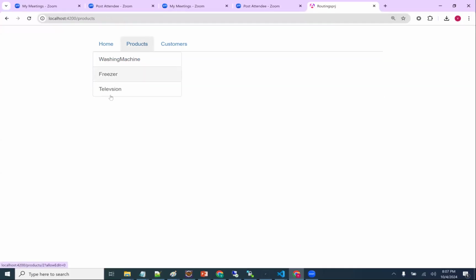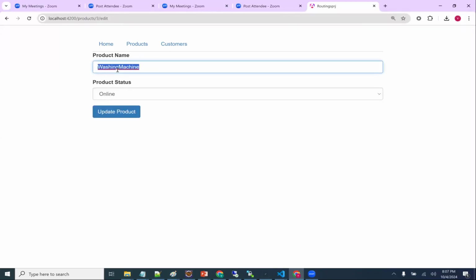I clicked on television, it is going to the television product page only, there is no problem. But on click of the edit product button, it is not going to television. It is going to washing machine.